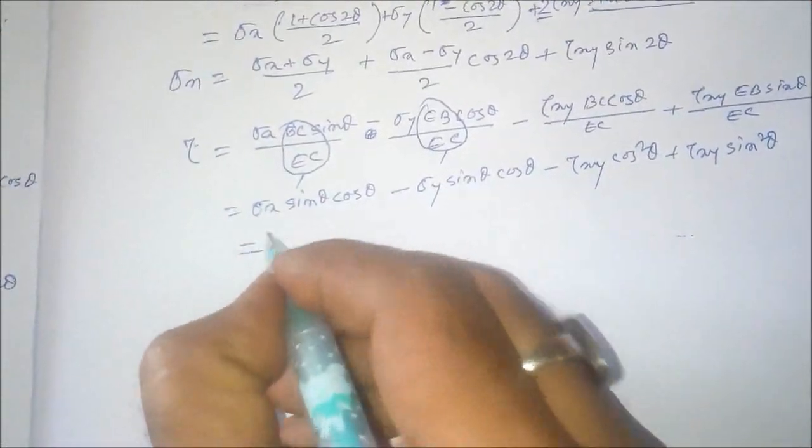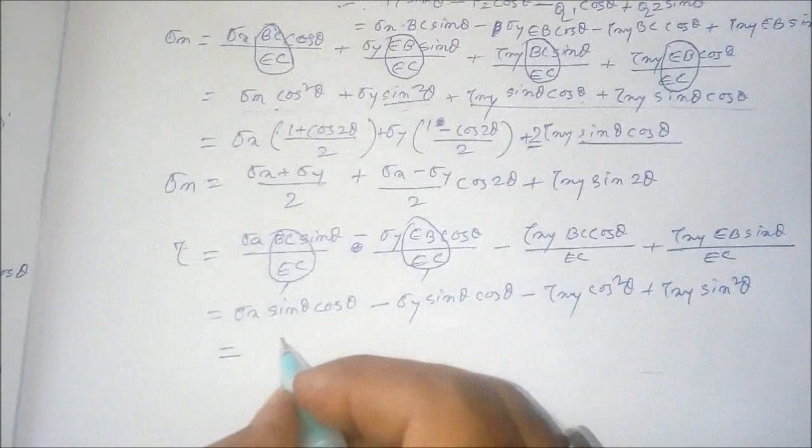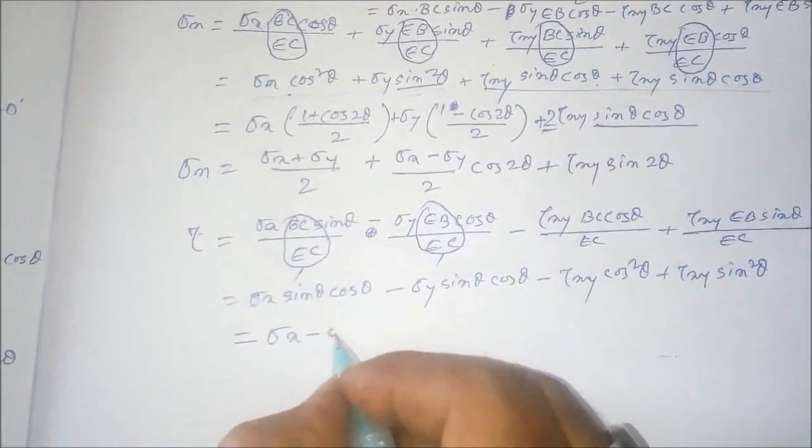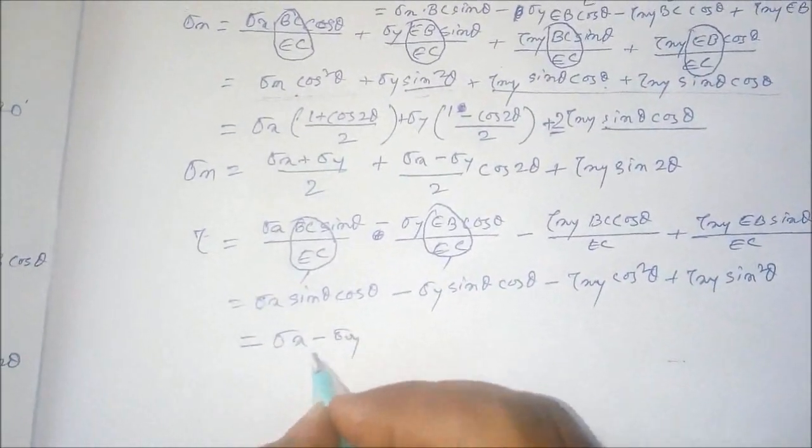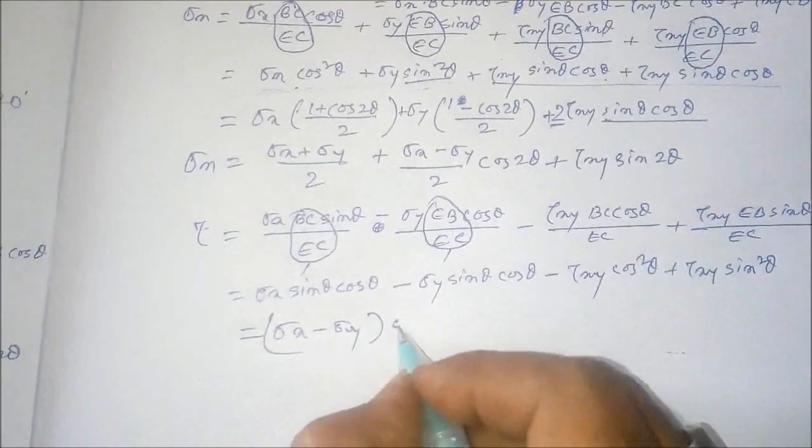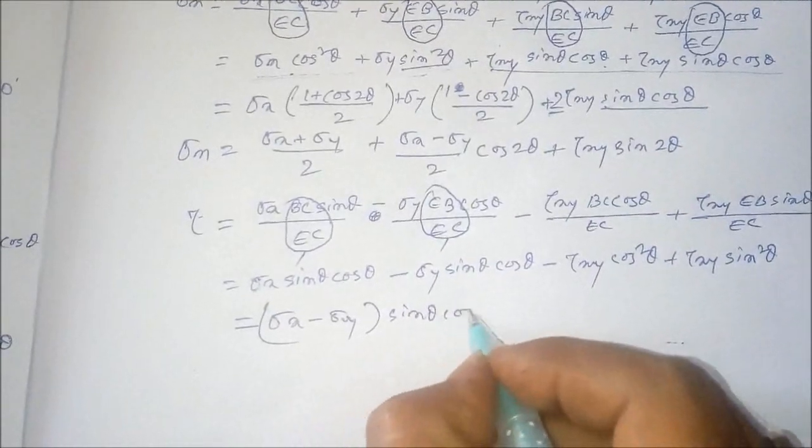Now if we take common sin theta cos theta over there, we'll be getting sigma x minus sigma y sin theta cos theta